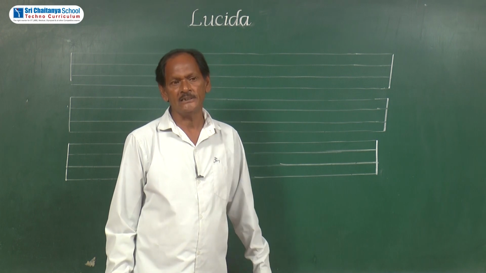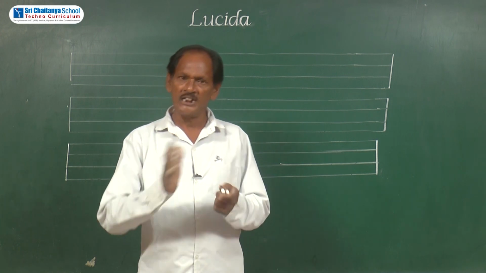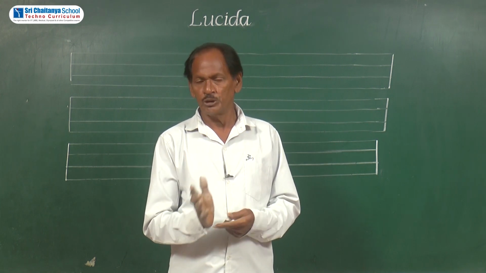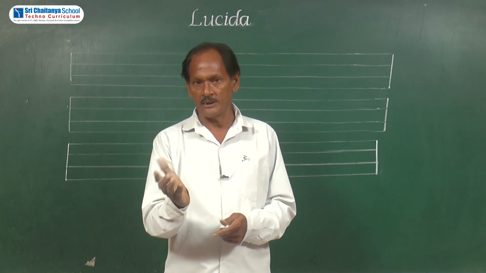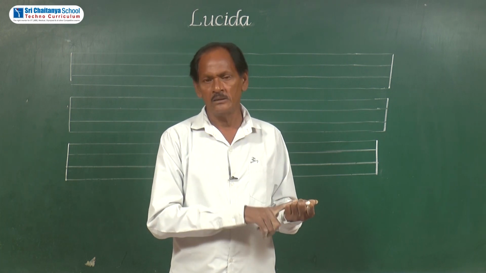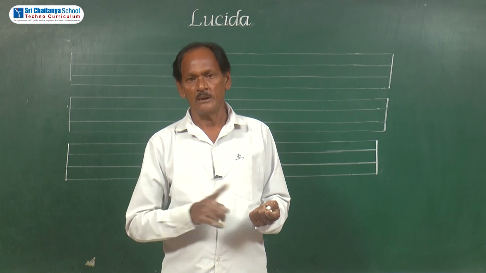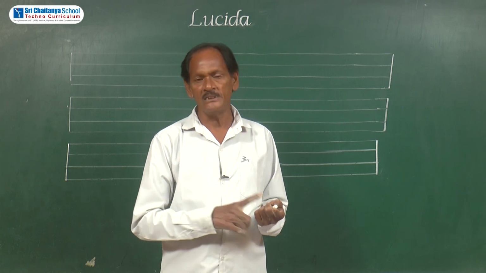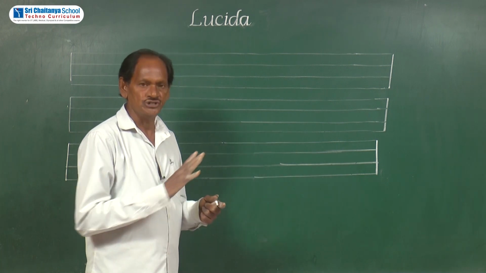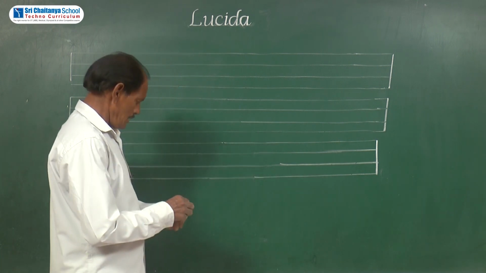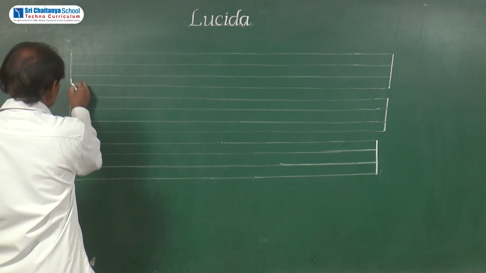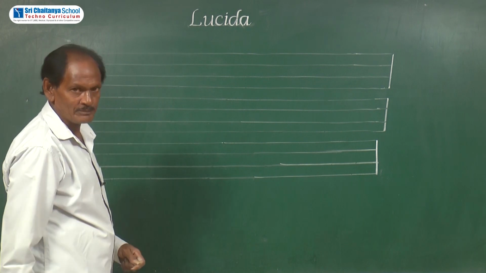Okay children, after writing the small and the capital letters, I will write both the capital and small letters by differentiating them too. Both the capital letters and small letters are written by me on the board, one capital and one small. Capital A, small a, capital B, small b, capital C, small c. Like this I will write up to Z. Okay? Just observe the difference between these two, the capitals and the smalls.